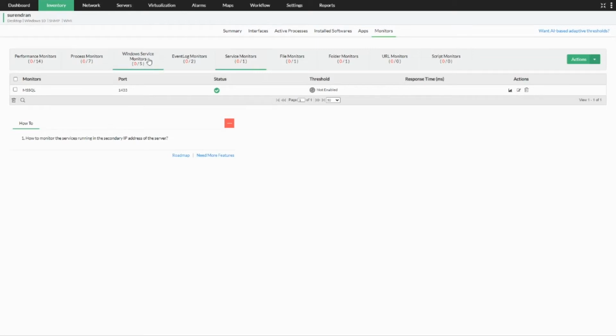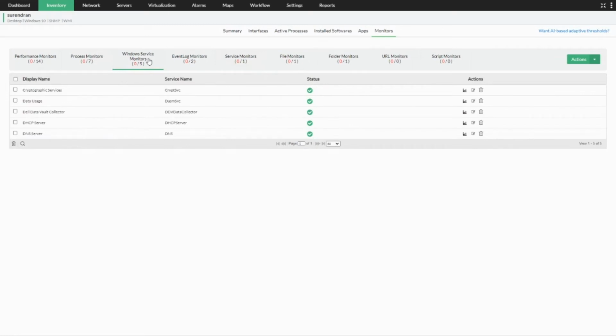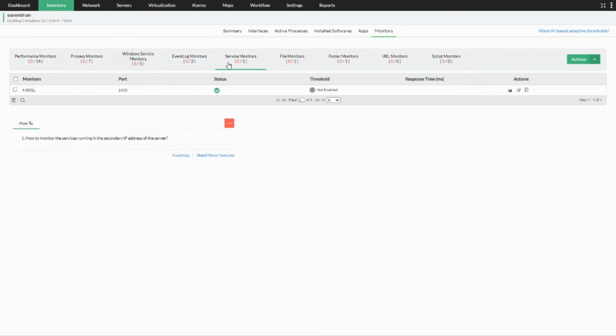So based on your exact requirement, if you want to monitor the real-time status of the services which are running on your Windows machine, Windows Service Monitor is the best practice for you. And if you want to monitor certain services based on the port's availability, you can switch to service monitors and monitor them accordingly.